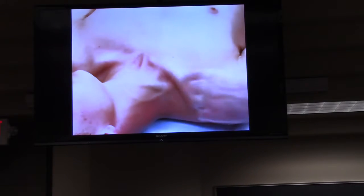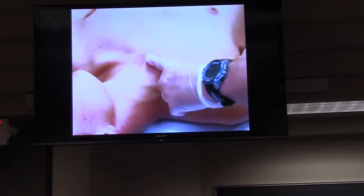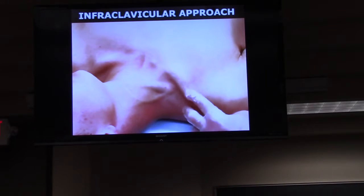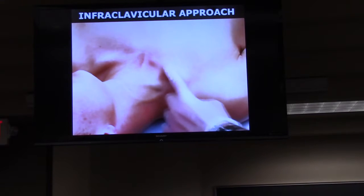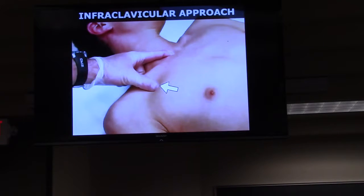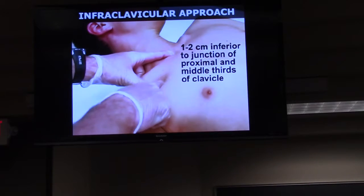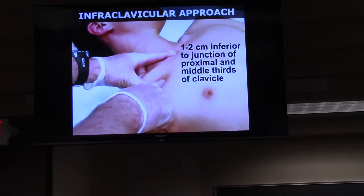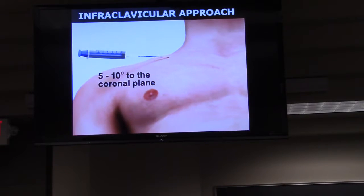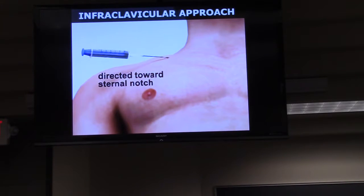There are 2 approaches to subclavian vein cannulation. For the infraclavicular approach, which is the most commonly used, first establish the location of the clavicle. Place the index finger of your non-dominant hand in the sternal notch and your thumb on the mid-clavicle. Needle entry occurs 1 to 2 centimeters inferior to the junction of the proximal and middle thirds of the clavicle. The needle is held 5 to 10 degrees to the coronal plane of the body and is directed towards the